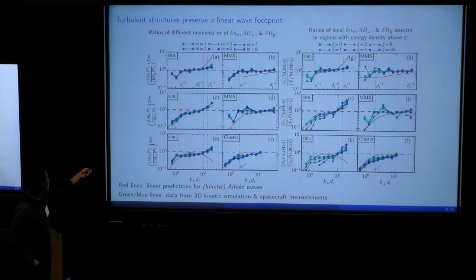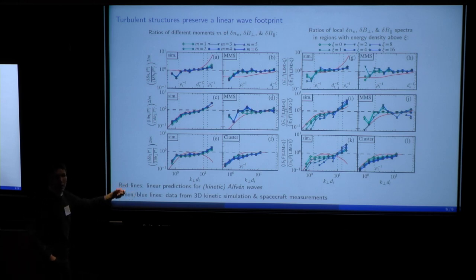For the first type, we have the scale filtered fluctuations, and we compute different order moments of these fluctuations: the first, the second, third, fourth, fifth, sixth. As we go to higher order moments, these ratios become progressively more sensitive to the more high intensity extreme events. And here on the right,